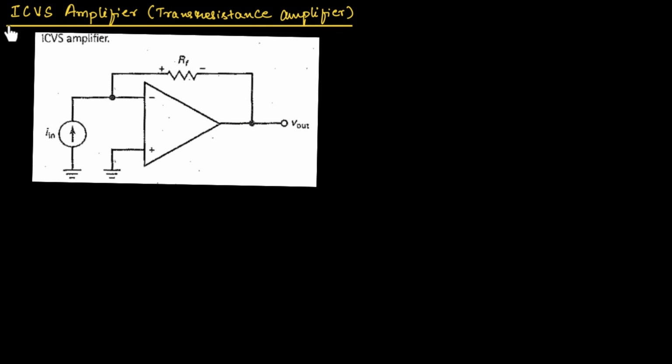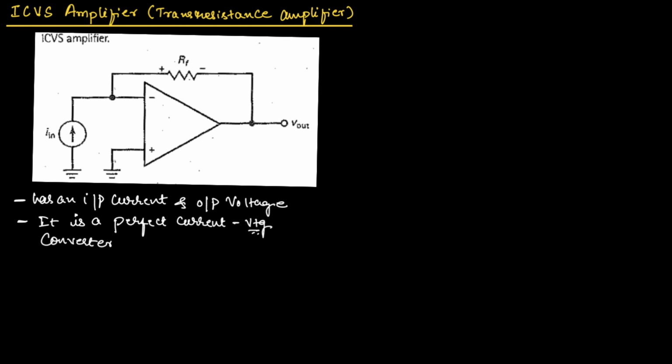In this lecture, let us understand the ICVS amplifier, which is also known as the Transresistance amplifier. ICVS is nothing but current controlled voltage source. So the current controlled voltage source amplifier is also known as the Transresistance amplifier. The ICVS amplifier has an input current and output voltage. Hence, we can say it is a perfect current voltage converter because it is having zero input and zero output